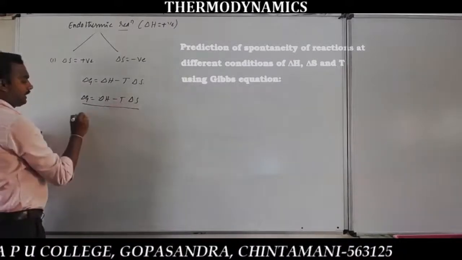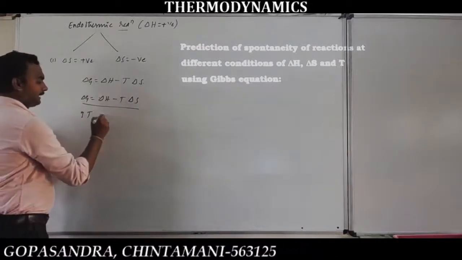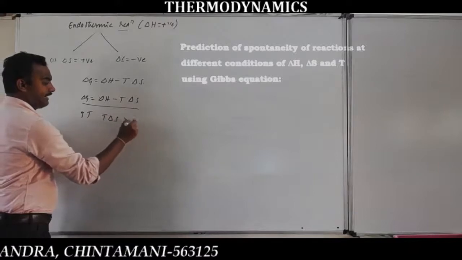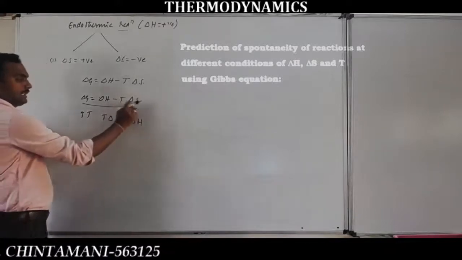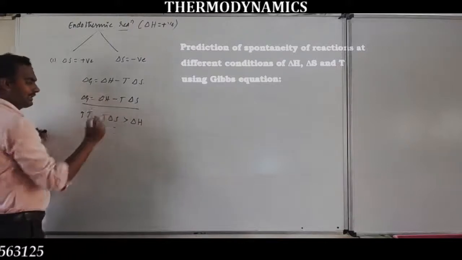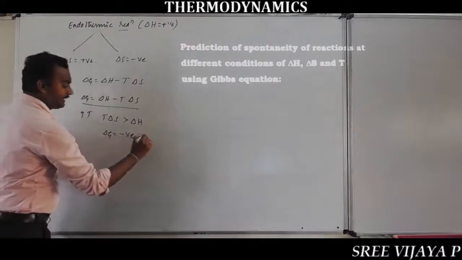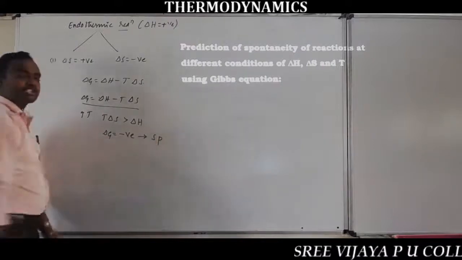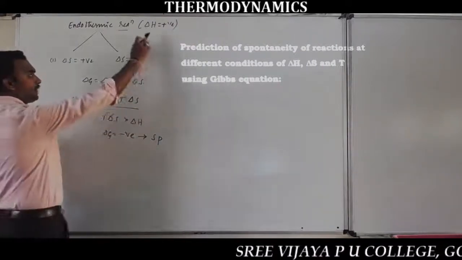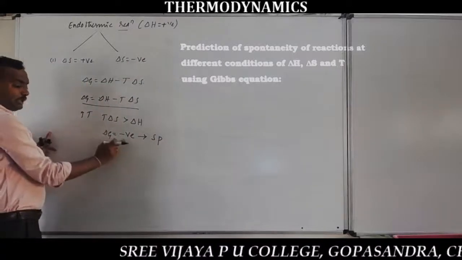So here if we take high temperature, T delta S is greater than delta H. T delta S becomes larger. So the T delta S value has a negative sign, so in that calculation delta G is negative. Delta G negative means the process is spontaneous. So under the condition of delta H positive and delta S positive, we get spontaneity at